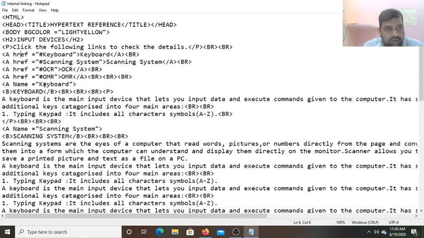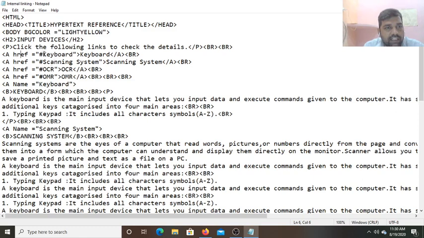For four anchor href we also use four anchor name attributes. This name attribute is the place, or you can say the link, which the browser will search. So the browser will search this name keyword. The name is keyboard. Where will it be found? Below that paragraph, which will be displayed up on the web page. Here, see: anchor tag name equals keyboard. This keyboard matches with this keyboard.